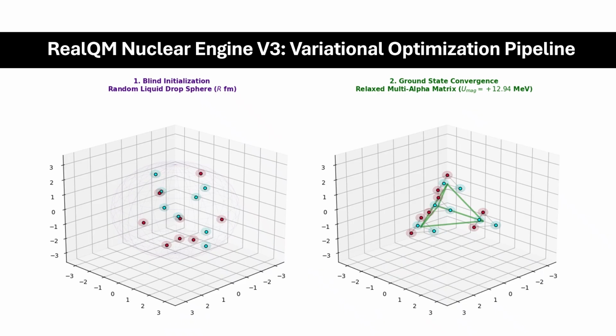So I told you that I built what I call a nuclear engine. It's a nuclear stability mapper, as I call my files, where iteration by iteration, we drop another proton or another neutron in our models, and it really takes a lot of computing time. It's really blind initialization. That's why I call it a random liquid drop sphere,